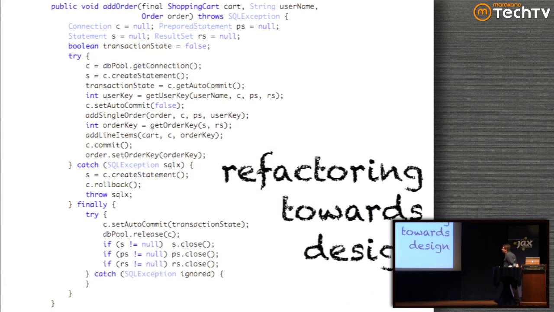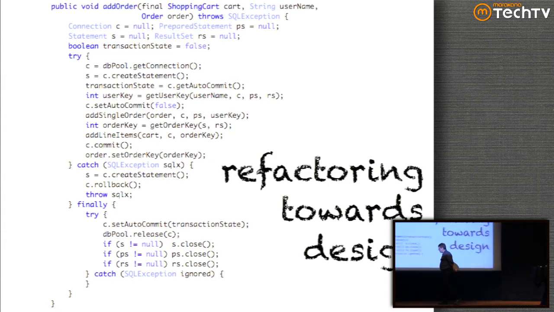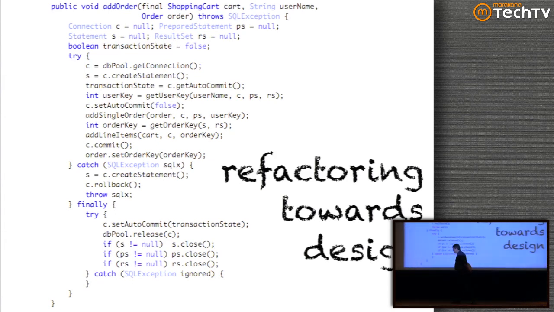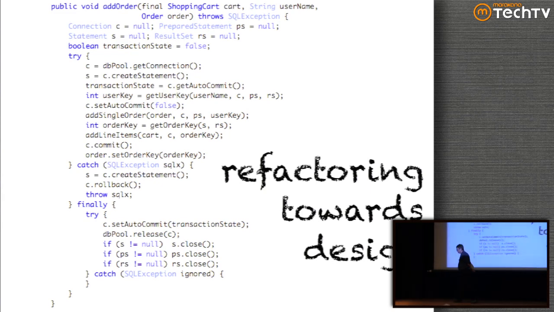So here's a Java method. What it does is not important at all. This is actually a little method from a toy e-commerce site that takes things out of a shopping cart and puts them in an order using low-level JDBC. The point of this is if I want to really do some harvesting and design of this, I've got to clean it up first, because I can't tell what's there. It's just a big lumpy pile of code as far as I'm concerned.